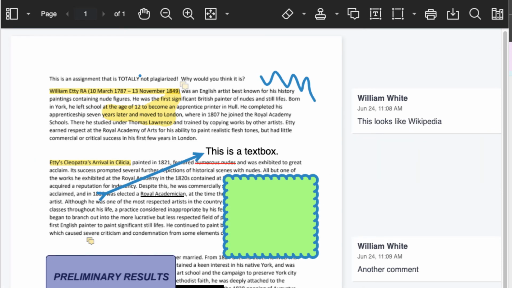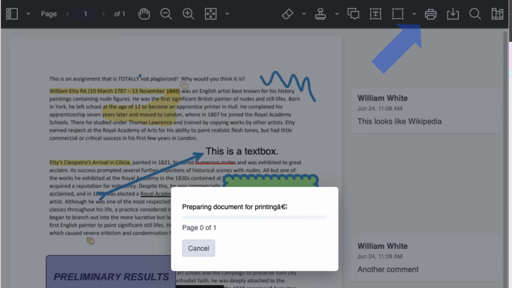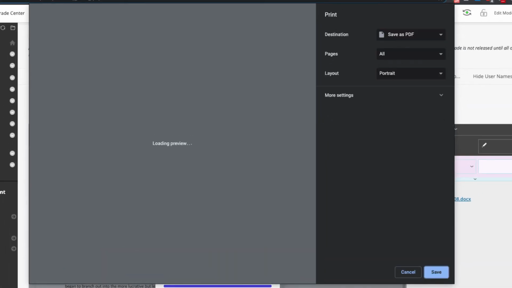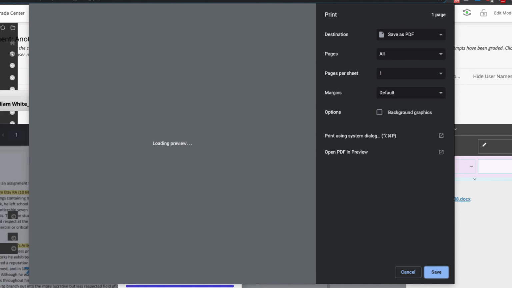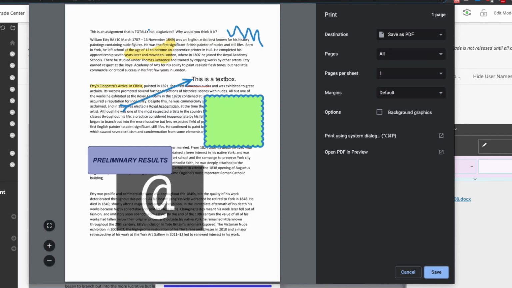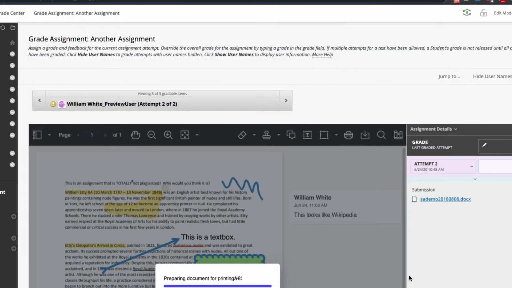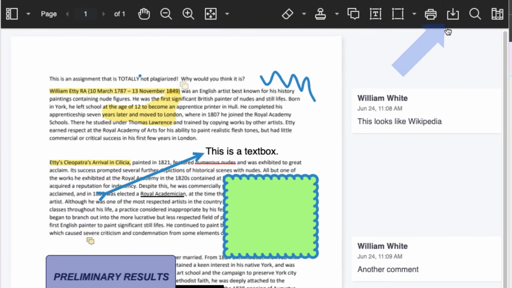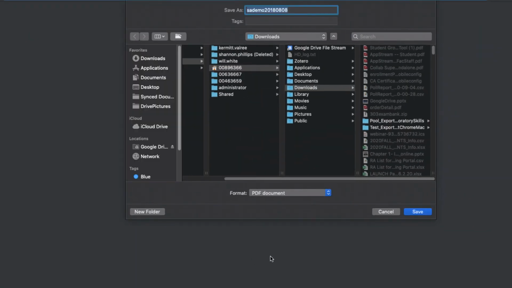So we do have some more tools here on our toolbar. You can print the document with all of the annotations by clicking the print button. You have a short wait, and when you do that, your browser's print dialog will come up with the annotations already ready to go. We're not going to use that right now because I don't actually have a printer connected. You can also download the annotated document by clicking the download button, and when you do, your browser will ask you to save it with the normal dialog.